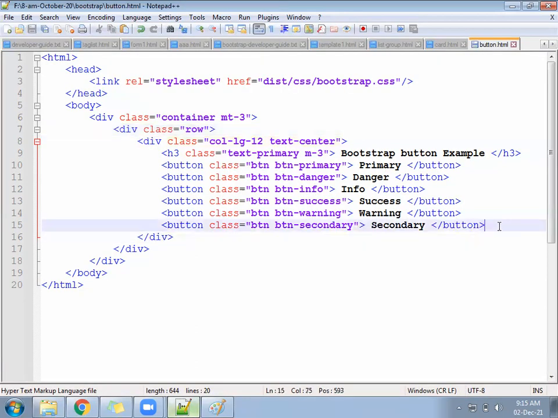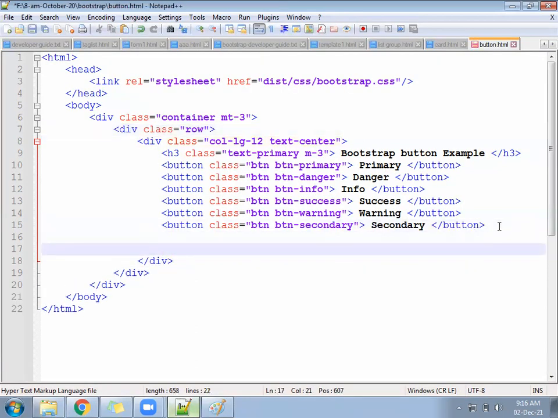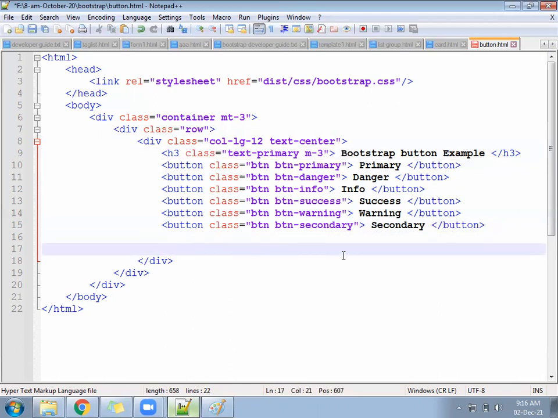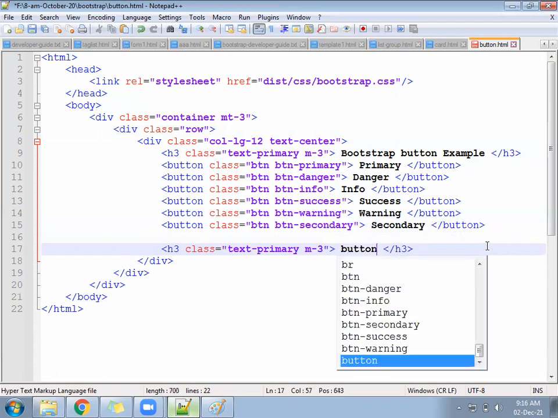Now you write a button group. After this, write an H3 called Button group.